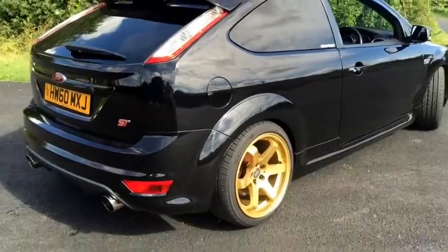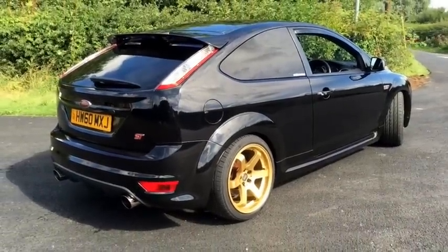making all sorts of beautiful noises in my opinion. Lovely noise. The car itself has done 39,000 miles, which is about right for the year. It drives and tracks really, really nicely. It's had Bowler